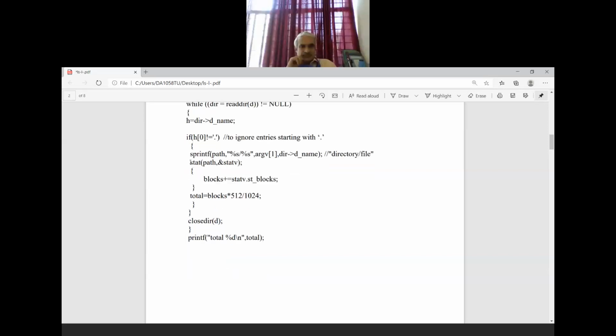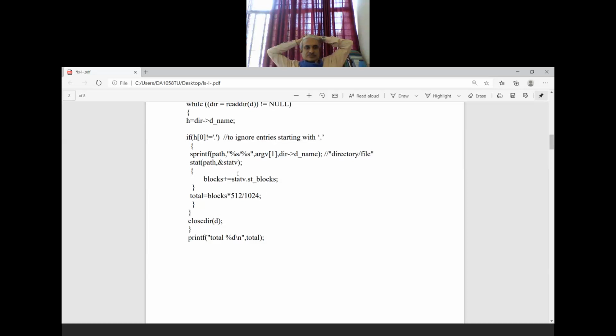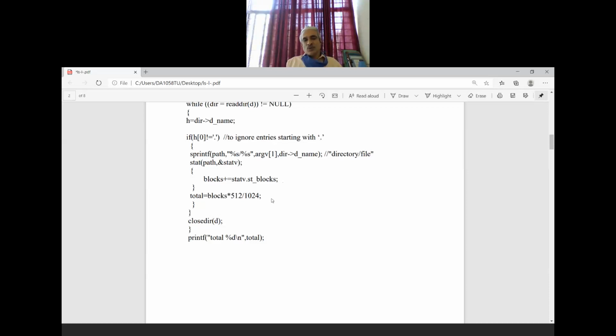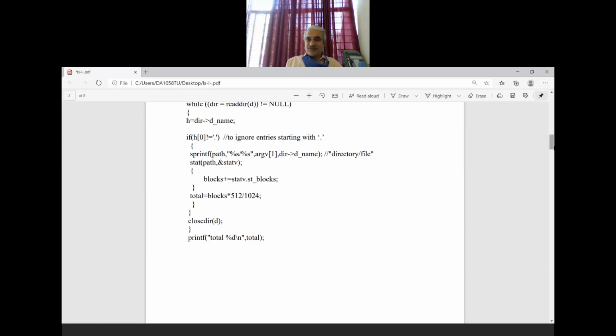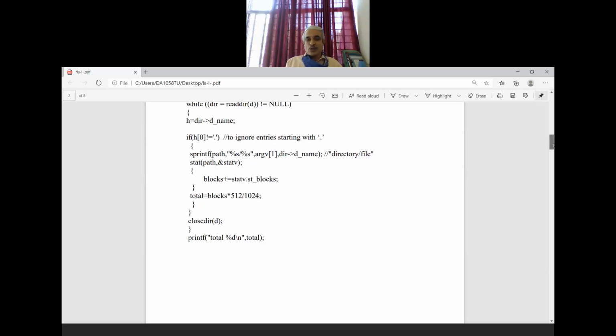And this is the stat function. What will the stat function return? On success, it will return the pointer to the struct stat, the structure defined. In case of failure, -1. You have to handle all failures. Every system call, whatever you call, or user defined function, you have to check the return value and then take action. This is one of the best examples to make the code robust. Robust code is strong code where all return values are taken care of.